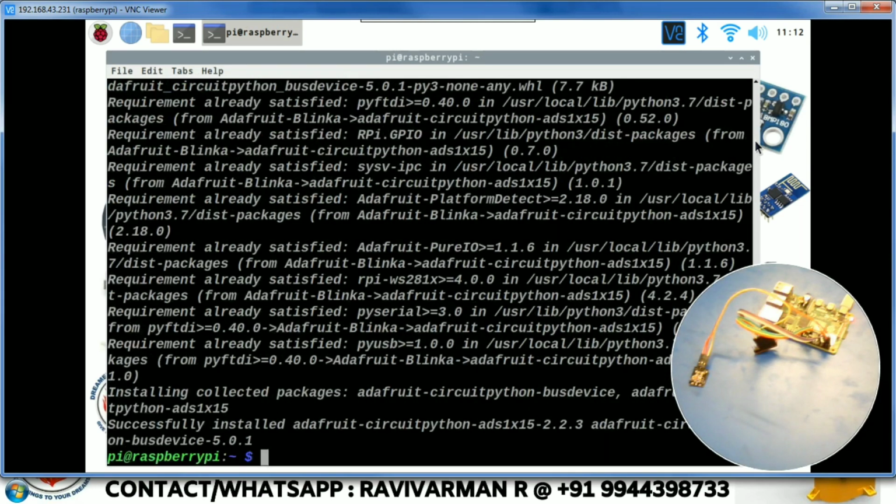So for installing this adafruit-circuitpython-ads1x15, Adafruit Blinka is the preliminary, so that is a pre-requirement. That is why we first install Blinka and then we install this. So now this is also installed.